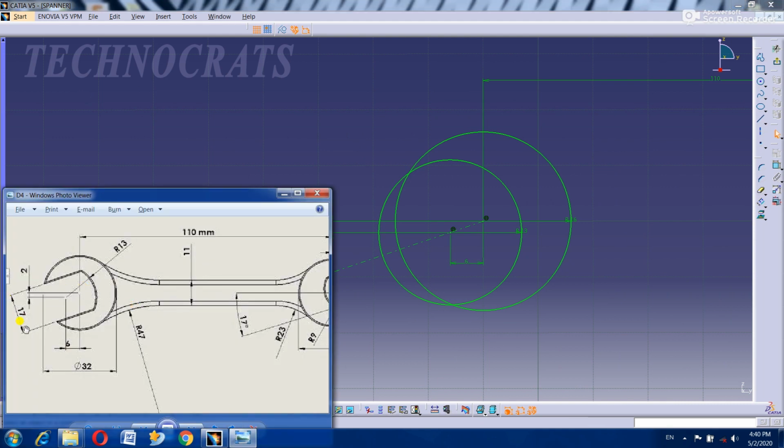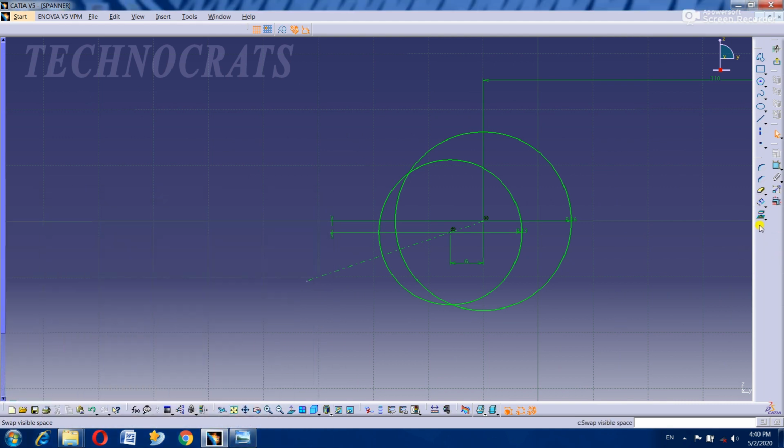There is an offset of 17 mm. Take offset lines from the center. The offset distance is 17 divided by 2, that is 8.5. Another offset from the same center and the distance is the same, that is 8.5. Okay, now trim extra elements.